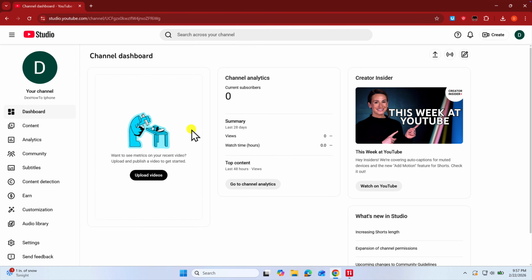The number one reason your comments are disabled is because your video, or your entire channel, has been marked as made for kids. This is a setting YouTube created to comply with the Children's Online Privacy Protection Act, or COPPA, which has strict rules about collecting data from kids under 13. To keep things simple, YouTube just disables features like comments, personalized ads, and the notification bell on any content it